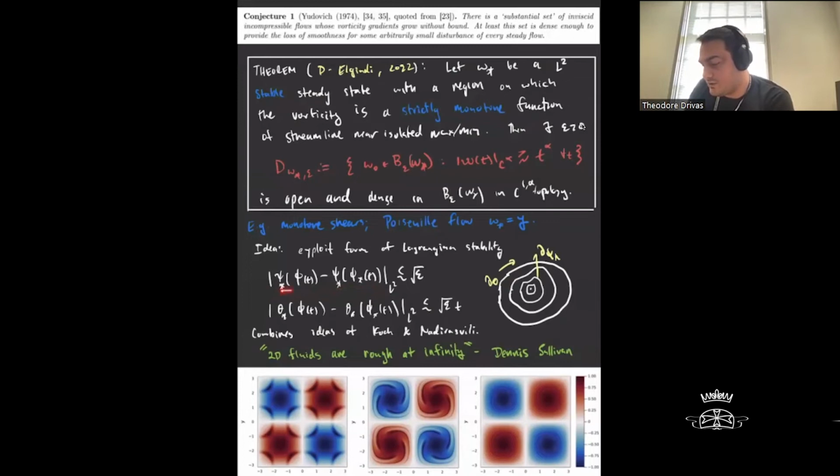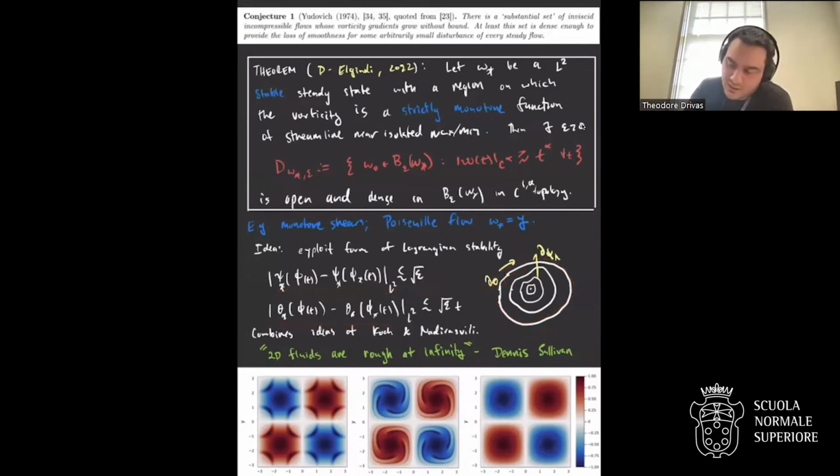And this is an all-time statement about the flow map. You can use this to say that the rotation of the flow in the direction around those levels stays close within epsilon, but it can grow like T. This, though, is enough to show the growth in C alpha. And here's a picture of something that the theorem applies to. It's an odd perturbation of the state on the torus, but it maintains, essentially, it's Arnold stable on the box, and it's just a replica. And you can see the spiraling effect, which is causing growth like this.